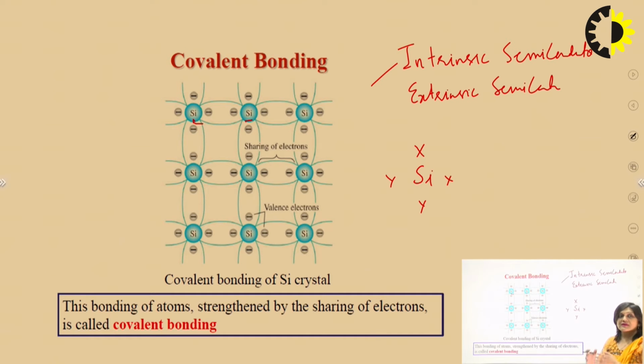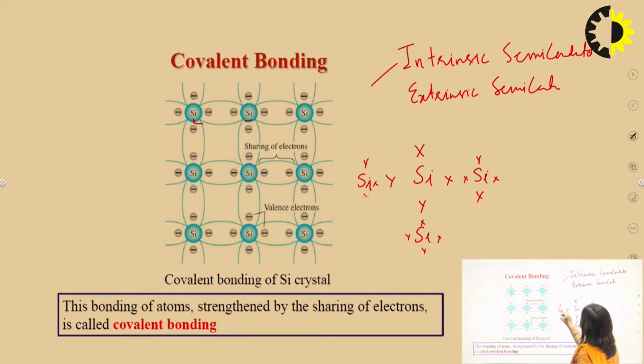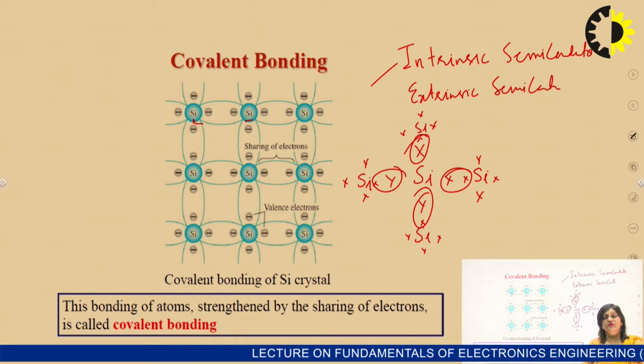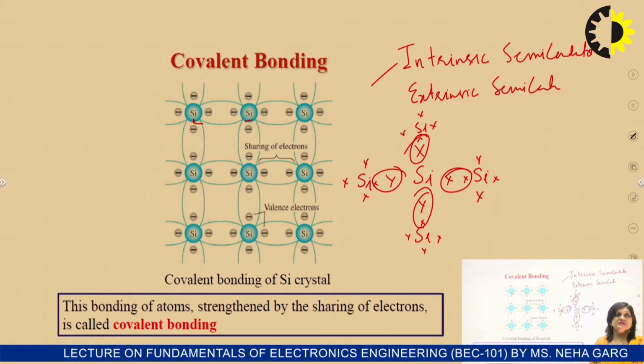So if we take a material, it has many silicon atoms. So this is another silicon atom, this is another silicon atom, and this is another silicon atom, like in this way. So we can say this is a covalent bond, this is a covalent bond, and again this is a covalent bond, because every atom has a tendency to complete its octet. Silicon has 4 electrons in its outermost orbit, so it wants to complete its octet, means it can obtain 8 electrons in its outermost orbit.